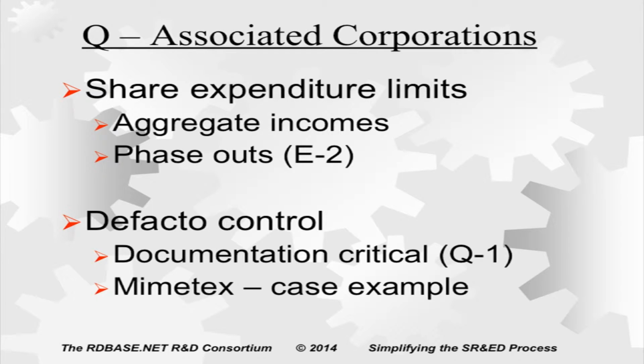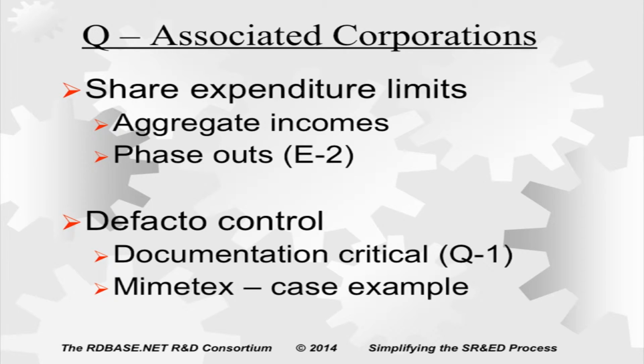The problem with All Color Chemicals is there's another kind of control that the Act contemplates. That means you don't actually have voting control, but if we look at the facts, you have what they call de facto or factual control, that you're acting as if you control it. So they looked at transactions, and somehow during the SR&ED review, the reviewer became privy to certain information, like that the US director in the United States had fired the head of R&D and replaced him with someone else during the year, and some other transactions.